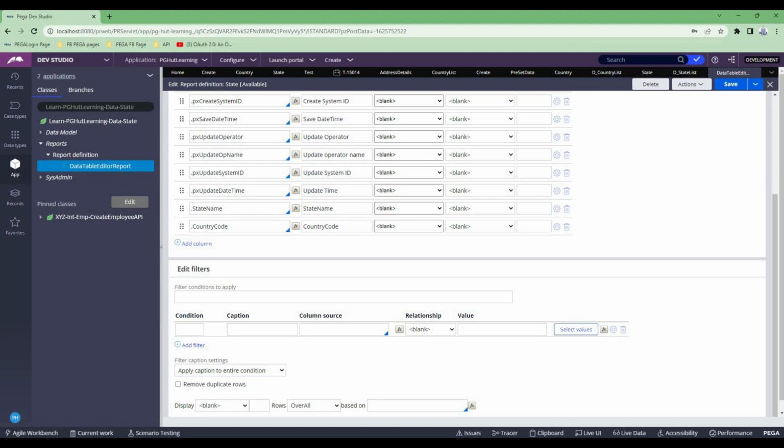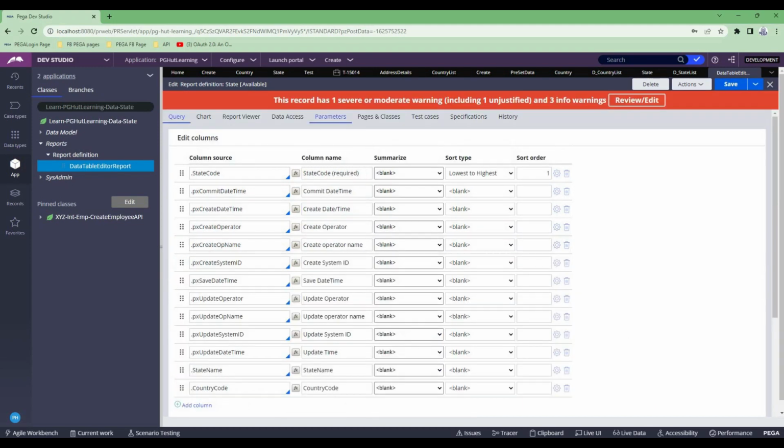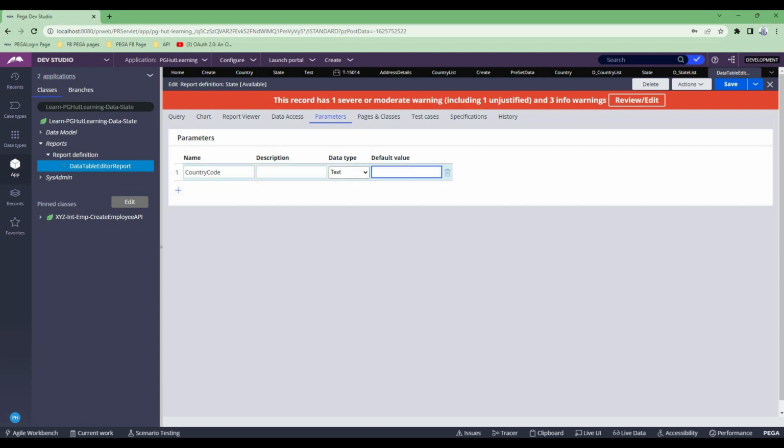Now here, in the filter condition, what I'm going to do is only fetch the report if the country code which is here is equal to parent dot country code, right? Then only you fetch the report. So let's say I put a default value: if I go to parameter, I put a default value IND